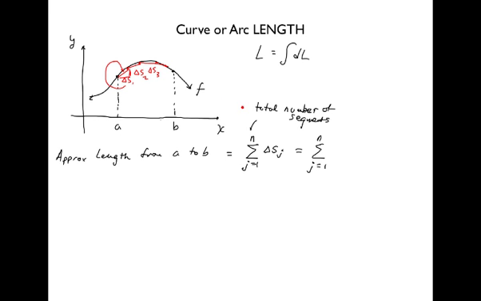That's what Haley was saying too. It's the Pythagorean theorem, right? It's going to be the square root of this squared plus this squared. Well, what is this? From this point to this point, what is that line segment right there, that base of the triangle? Delta x, the change in x, right? And the height is delta y. So it's going to be the square root of delta xj squared plus